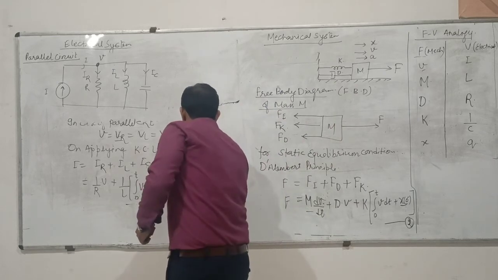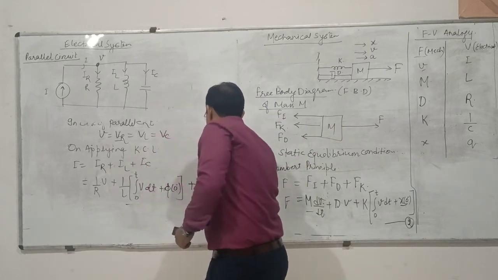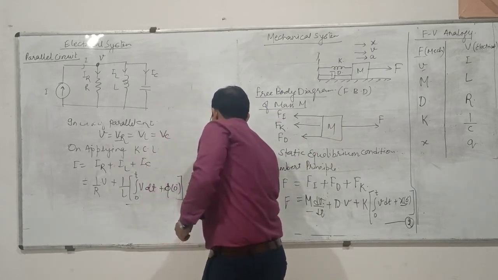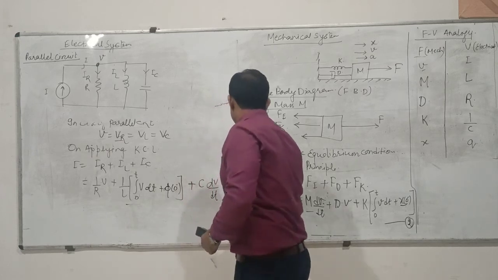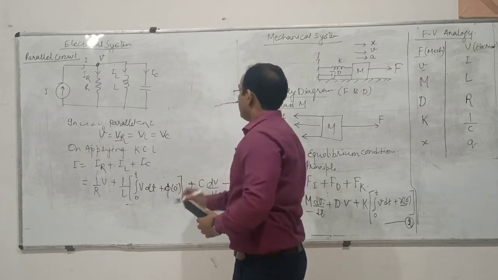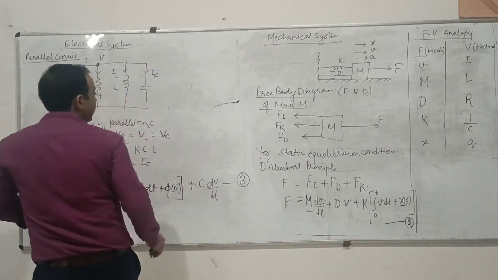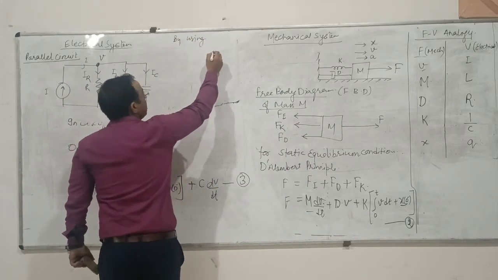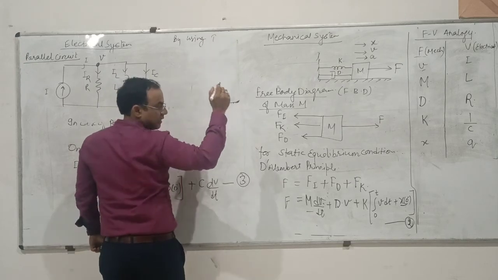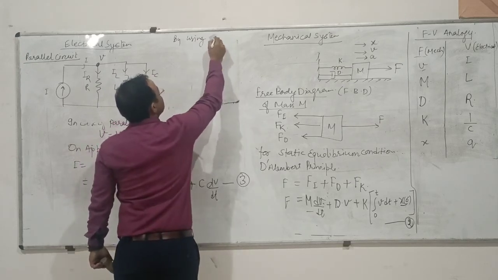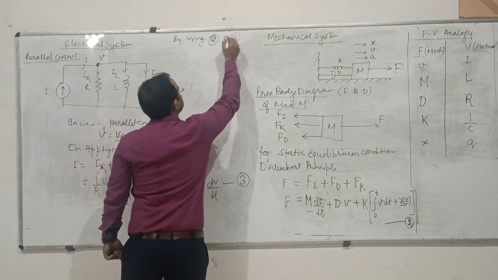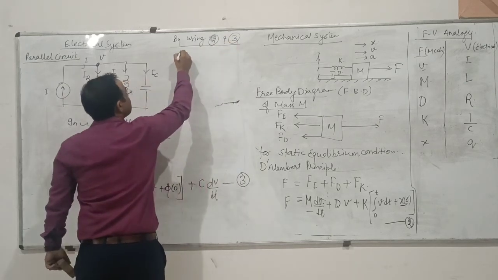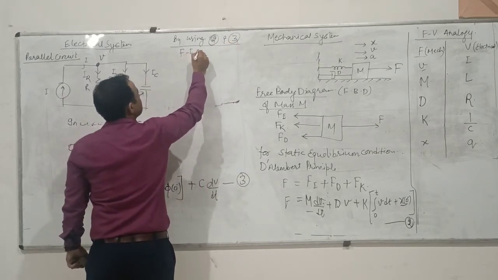And for IC, we can use the similar term C dV upon dt and set it as equation number 3. So now by using equation number 2 and 3, we can develop the analogy and set it as the FI analogy,